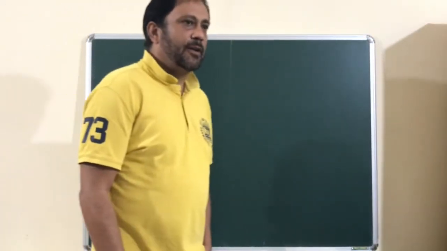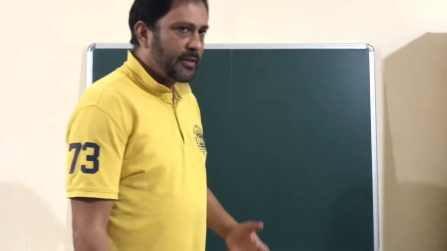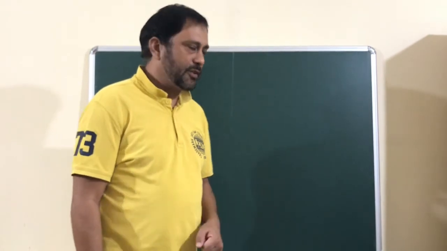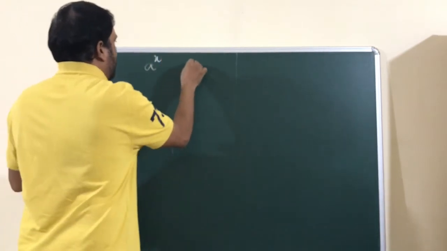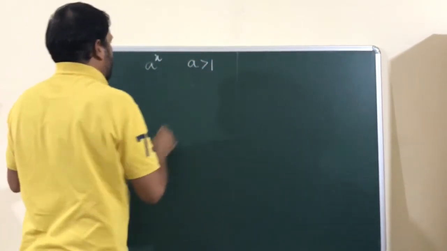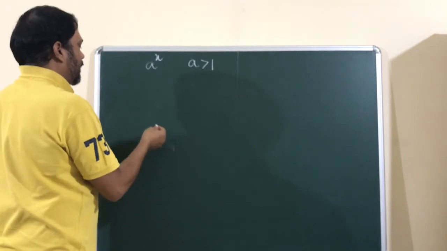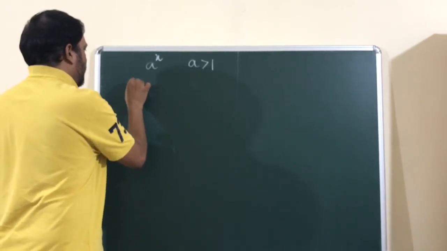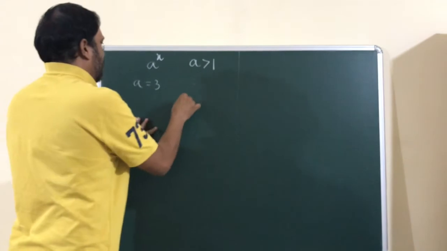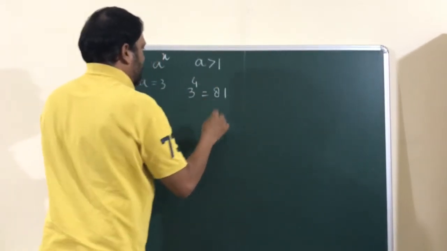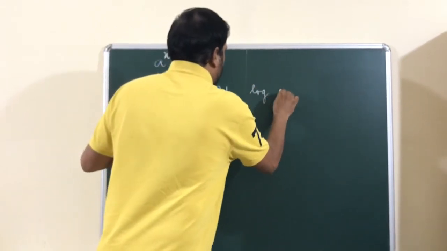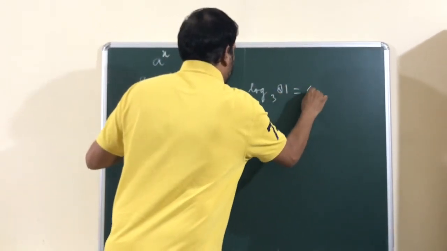So I just explained to you how a raised to the power x and log x base a are correlated with each other because they are inverse mathematical operations of each other. So for a raised to the power x, if I take a more than 1, the more times I multiply a number, let's say I take a as 3. If I take a equals 3, and I multiply 3 four times, the answer I'll get is 81. So that means the log of 81 base 3 is equal to 4.